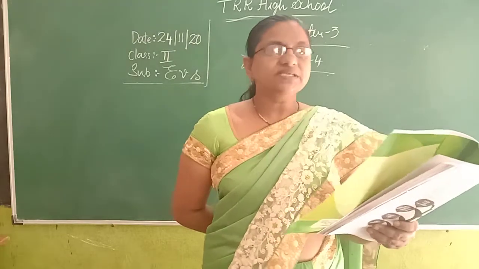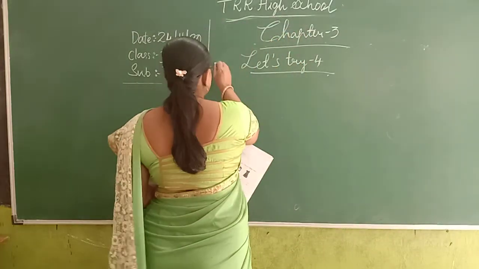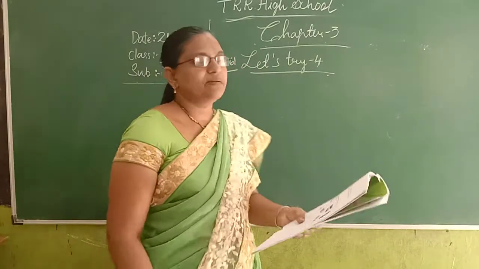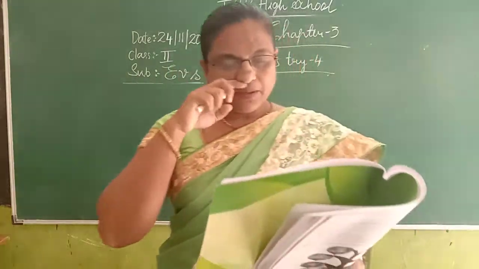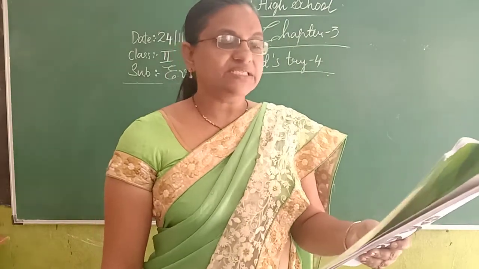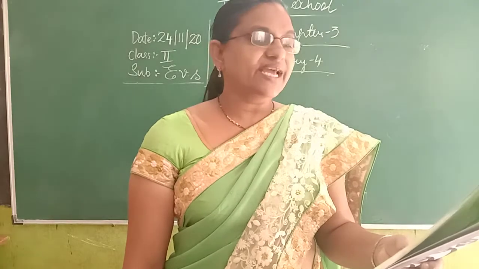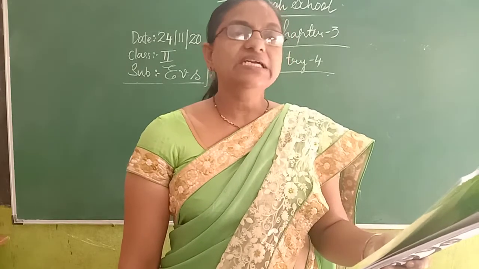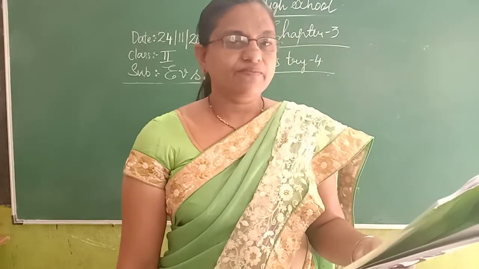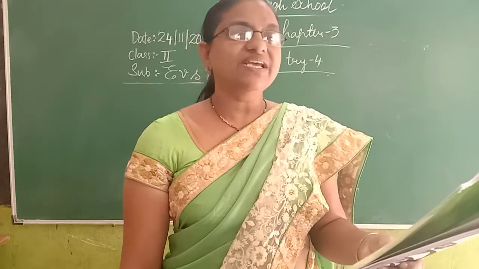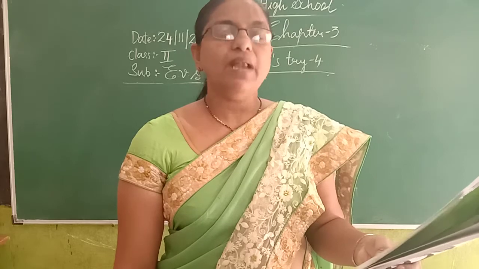That is page number 61 in your smart book 3. Look at the pictures given below and circle the things which we get from the plants and trees. What you must do here is circle the things which we get from the plants.